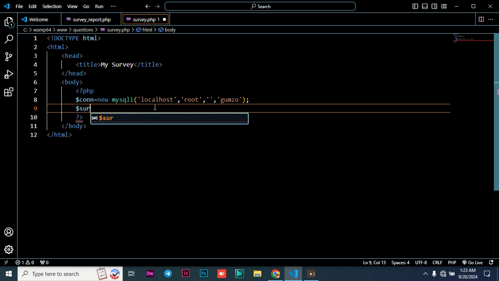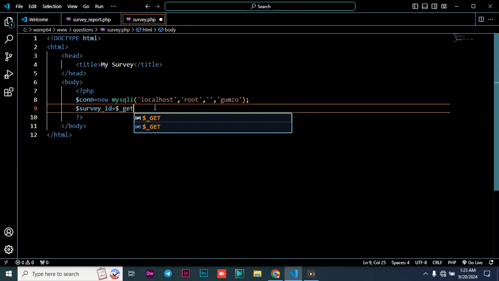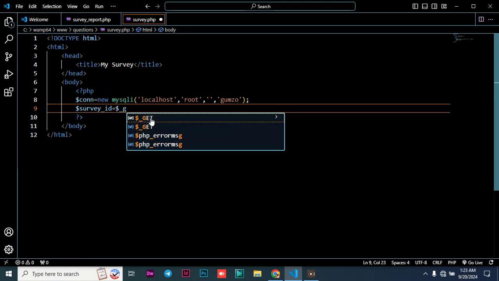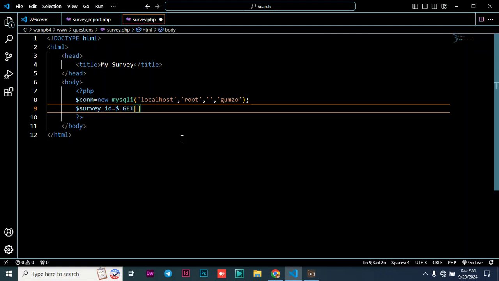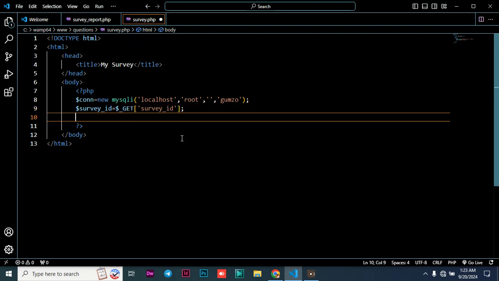It's survey ID, which is supposed to be underscore survey ID. So what we're going to check here is whether the ID for the survey is already set. So if not, you are supposed to give us some output. So survey supposed to be in single quotes, then you say survey ID, then you end with a semicolon, then query